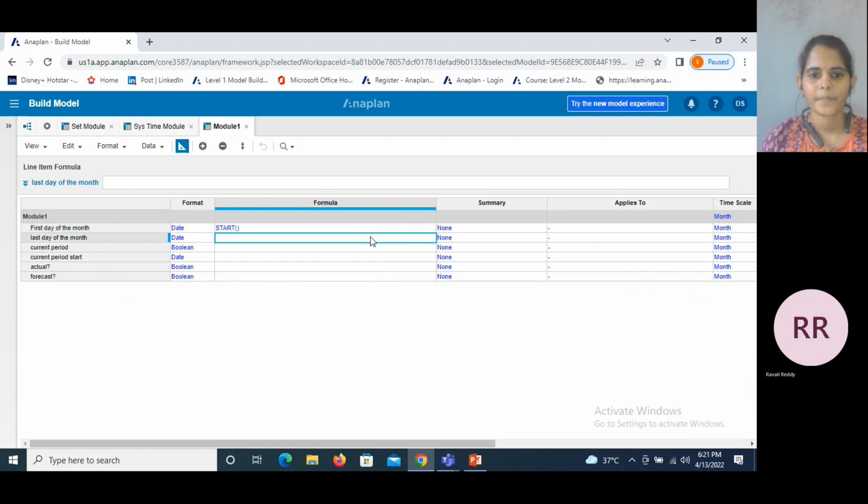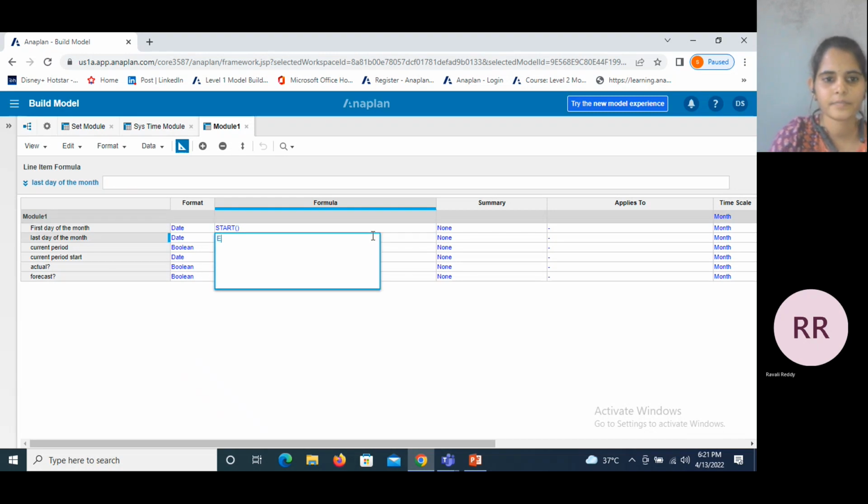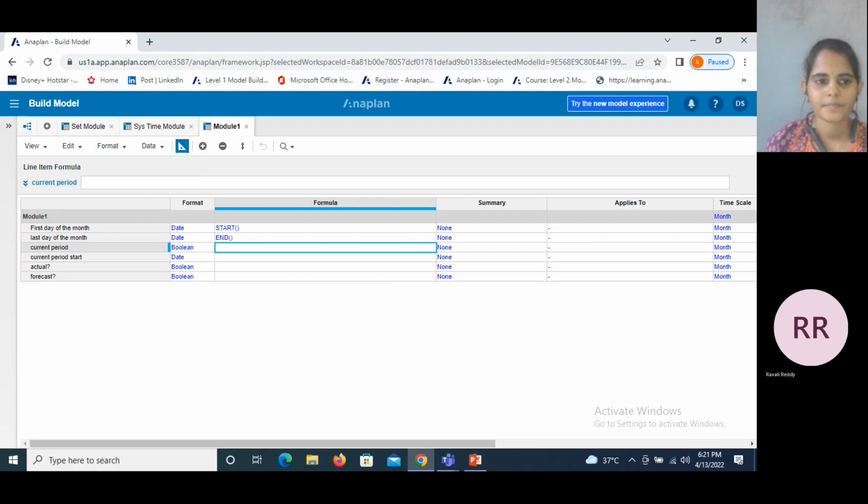Click on enter. And for the last day of the month, here I am writing the formula. Just double click on here. And click on enter. And for the current period, the formula is